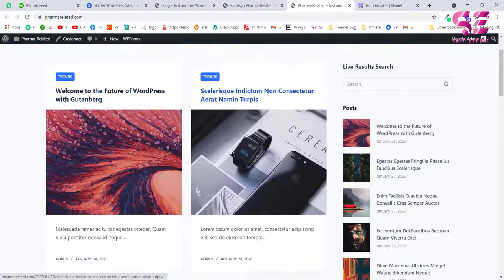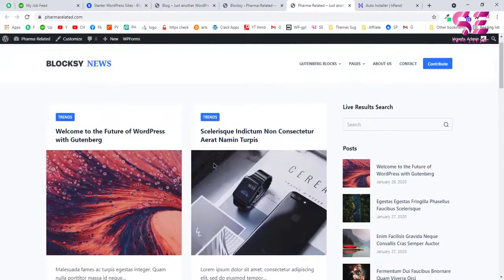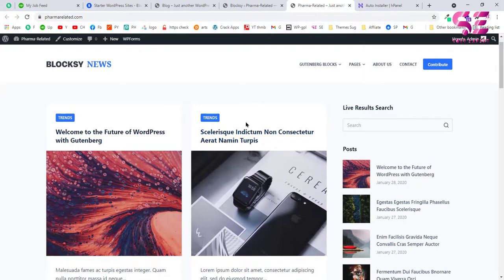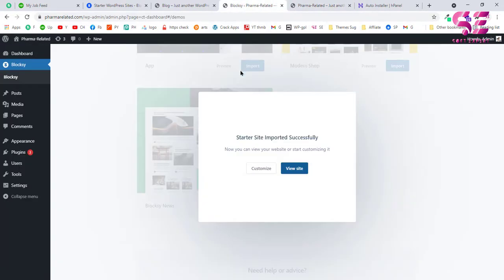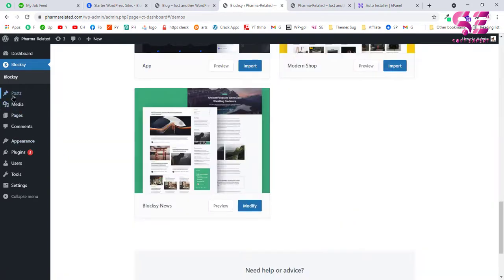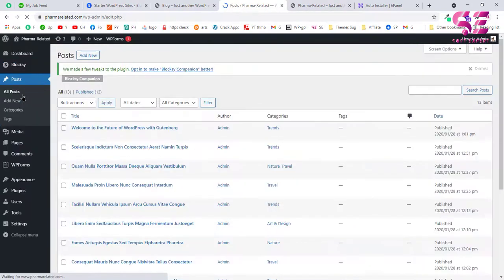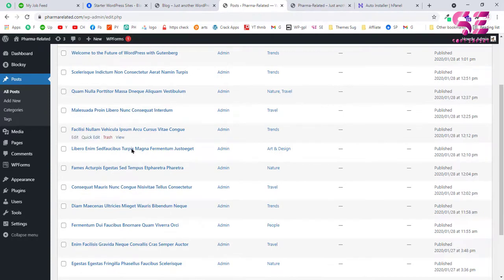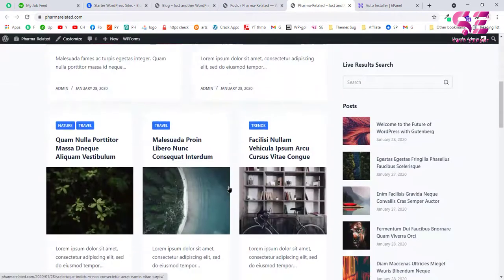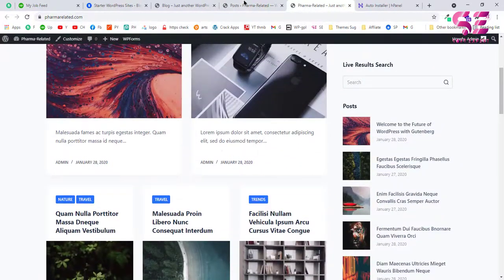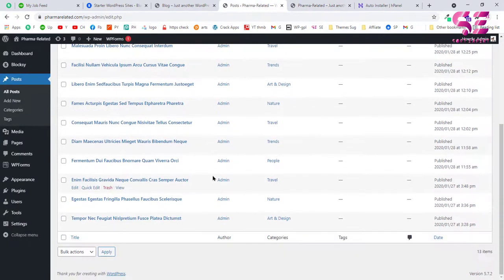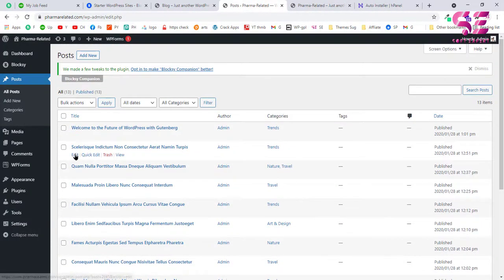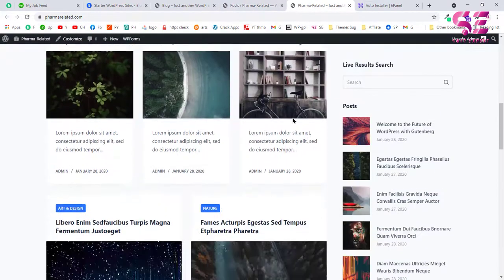And basically these are the blog posts that you can customize and you can upload your own blog post. So to add new posts or customize these, then you can go to dashboard and here you can go to posts, and these are the blog posts that are displaying over here. So you can remove these and you can put your own blog post, or you can just edit these and you can change the text, the image and the content of the post. So that is how you can create this blog post website.